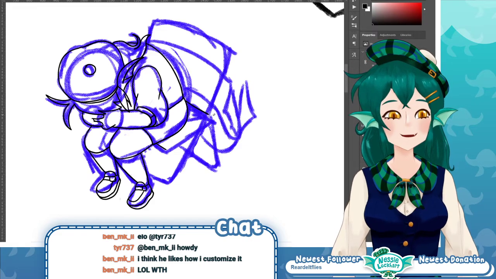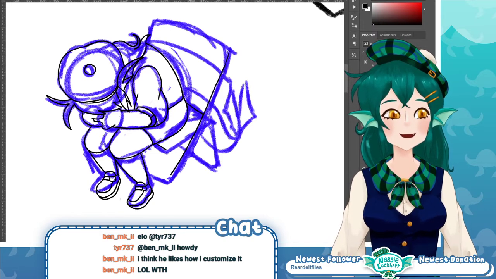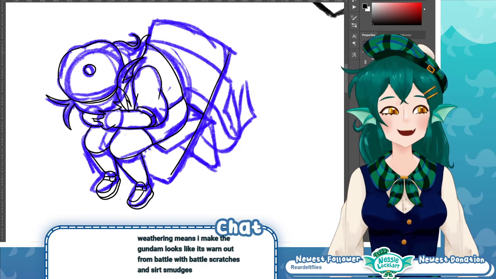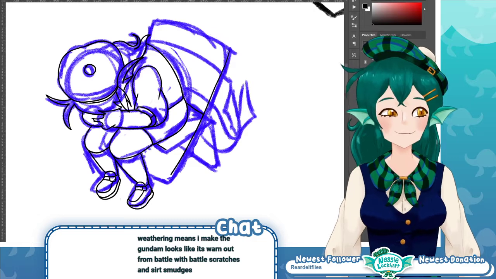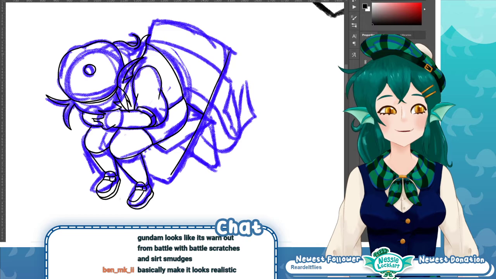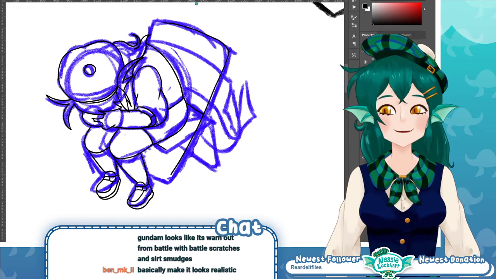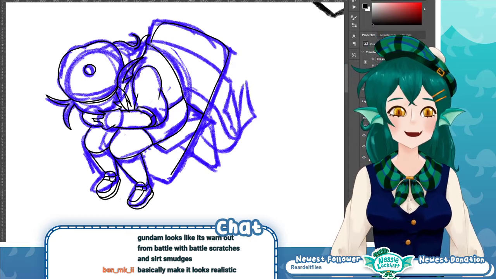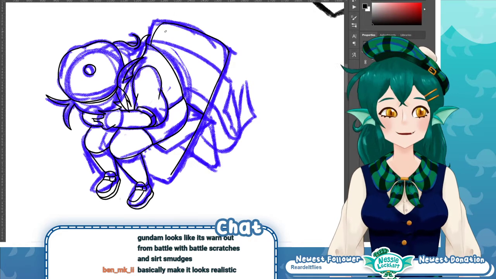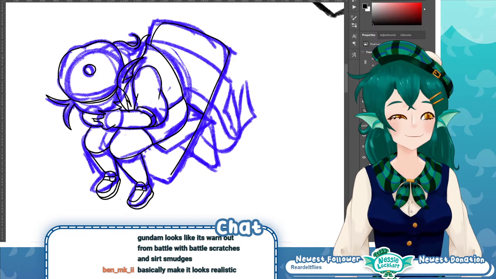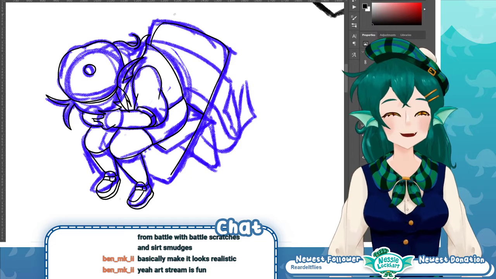Let's try this. Folding chair. I'm actually starting to think I enjoy draw streams a little bit more than game streams. But that could just be because I feel so hopelessly lost in the game streams, because I keep playing games that I've never played before. So that could be it, but I'm not sure.